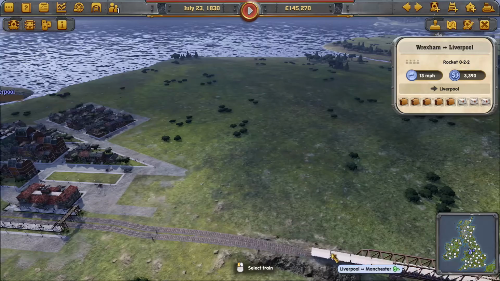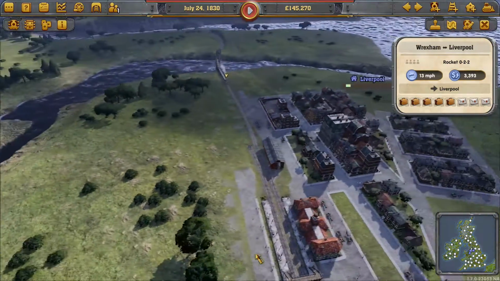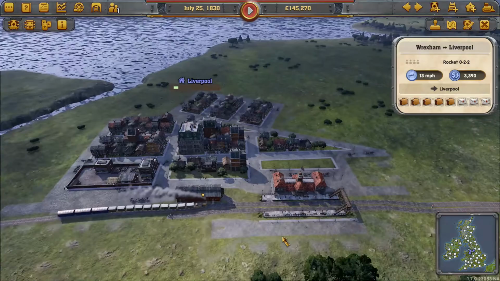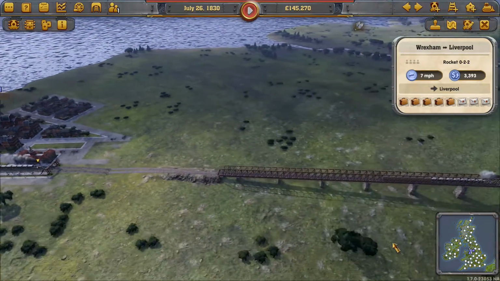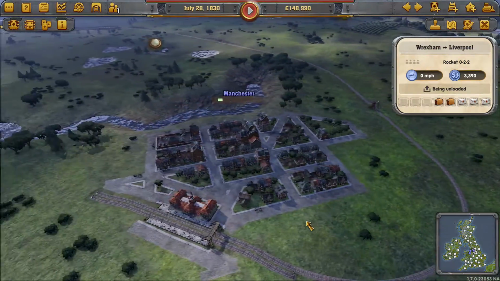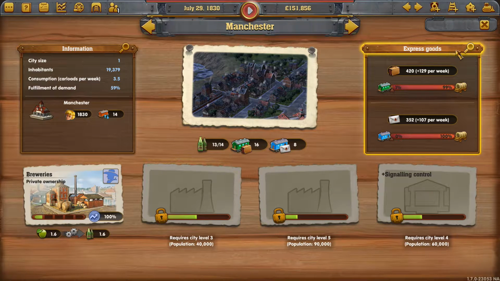See, I really don't want this guy coming over here unless necessary. He should be coming onto this line so that they never ever get stuck. They never ever meet. Still, that's a busy line. I think we're doing okay. So, what are the demands of this city then? Express goods...